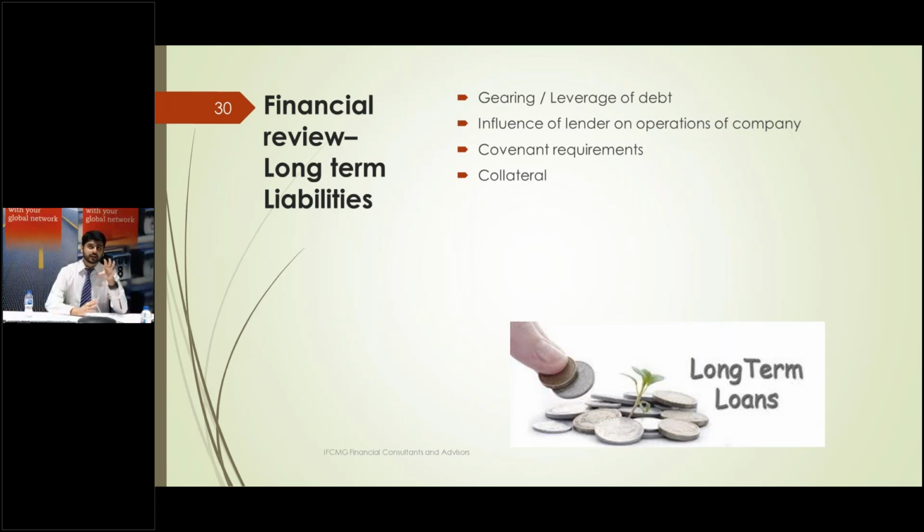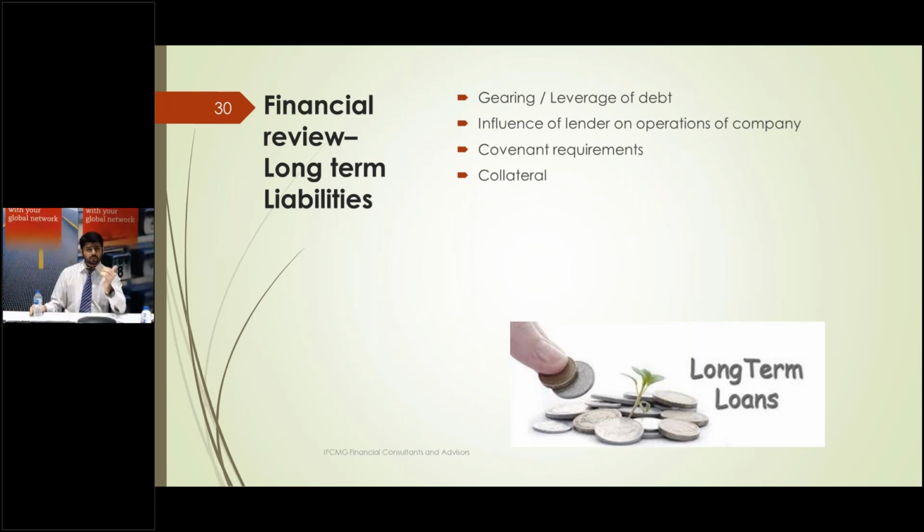And if that happens, we can circle back to the influence of the lender on the operations of the company. For example, one of our covenant requirements is registering a charge against a property for a company. That would mean that our lender dictates whether or not we can sell our property if we want to, because we cannot sell the property without the consent of the lender. We will first have to repay the debt, and then obtain a clearance certificate and no objection certificate from the lender that okay, your charge has been removed from the property, now you're free to dispose of it.